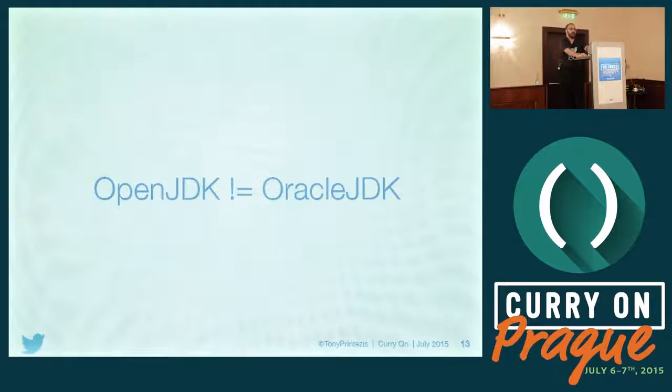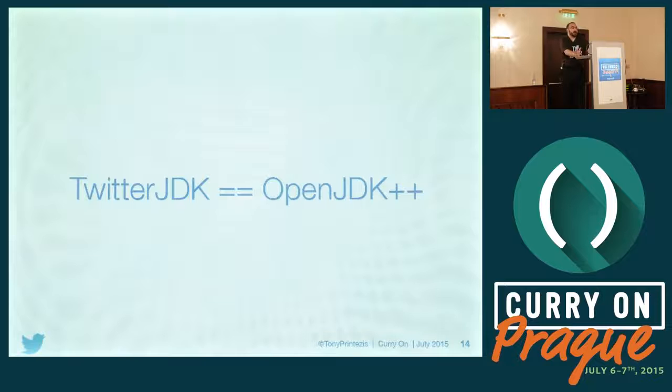In case you don't know, OpenJDK is not Oracle JDK. What's in the OpenJDK sources and what's in the JDK binary that Oracle provides are actually not the same thing. Oracle JDK is based on OpenJDK, but they add a lot of other stuff in closed sources that they don't make public because they charge for it, like JFR, and a few other things. So basically, OpenJDK is a subset, if you want, of Oracle JDK. Of course, we don't have the Oracle secret sauce. We don't have all the secret stuff.